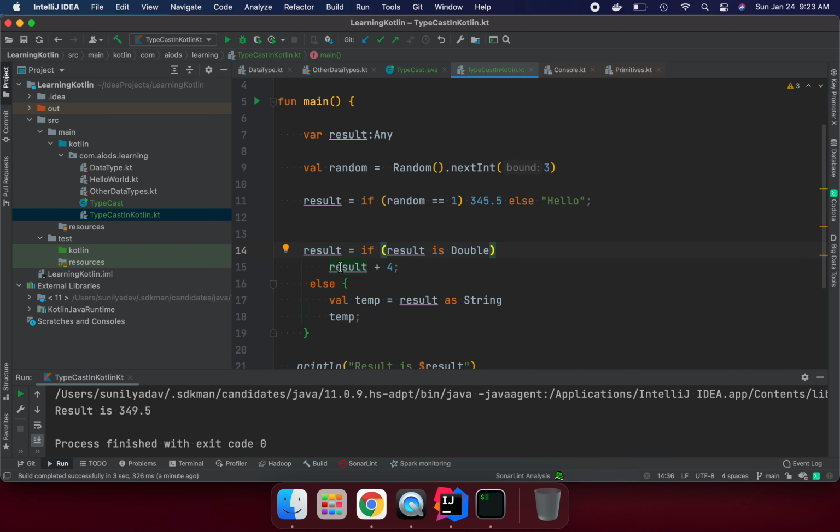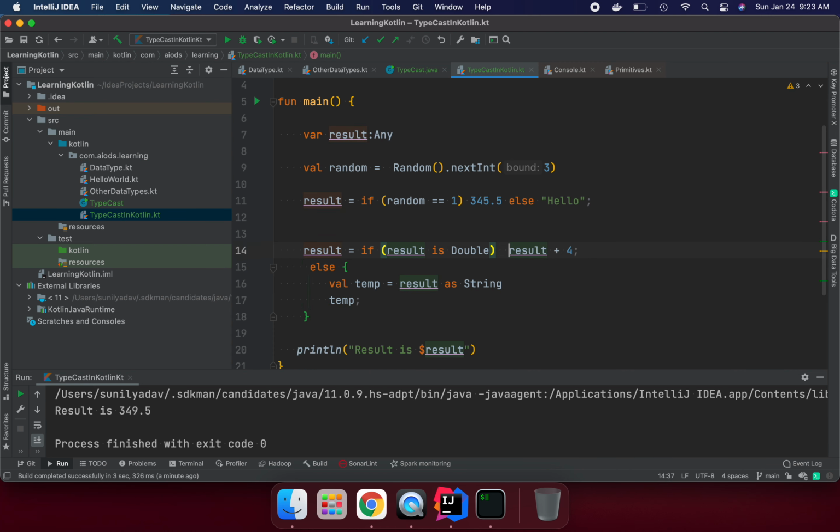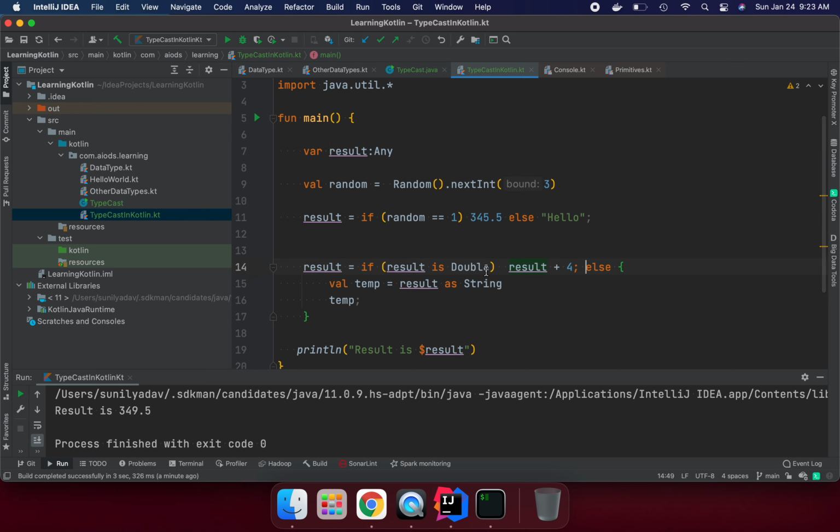Here. Let's remove the semicolon here, and we don't need this one as well. Let's remove this value print code, we don't need it actually. I'm just cleaning the code.